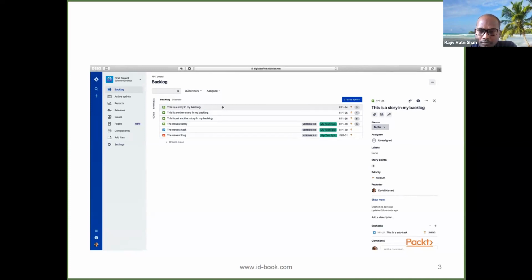And then we've got the ability here at the top to filter by assignee, as well as some other quick filters here, right? Only my issues, recently updated issues, and things like that. You can see obviously there's just one assignee here, which is me, but otherwise you would have your whole team listed here.